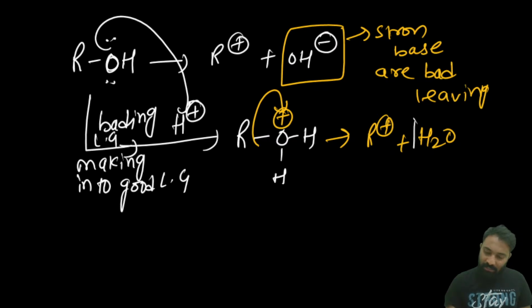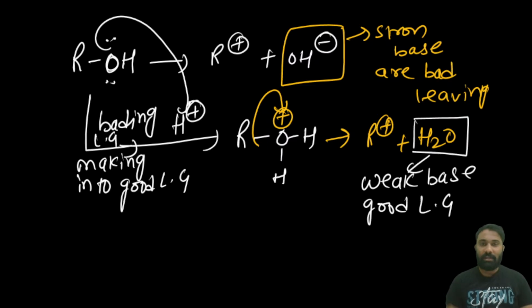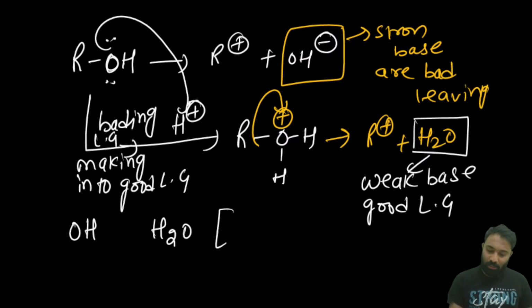H2O is a weak base. The bad leaving group we have converted into a good leaving group. Weak bases are good leaving groups. Is it clear? This is very, very important. So among OH and H2O, if they ask which is a good leaving group,